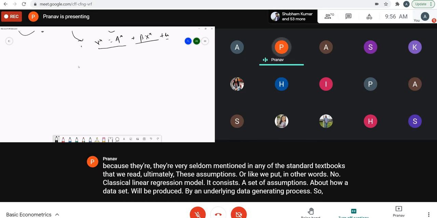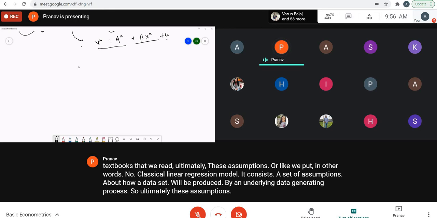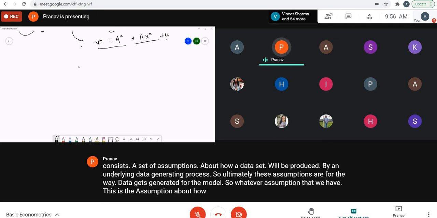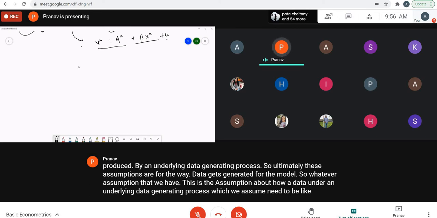So ultimately these assumptions are for the way data gets generated for the model. So whatever assumption that we have, this is the assumption about how an underlying data generating process, which we assume to be linear in this nature,